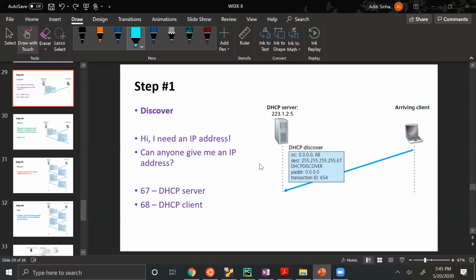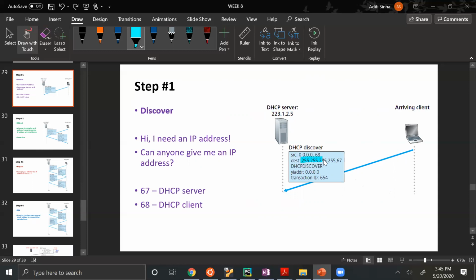In the datagram, in the packet that we will send to the DHCP server as a client, the source IP address will be all zeros because this arriving client does not have an IP address yet. Whereas the destination IP address will be a broadcast IP address, all 255s, since the arriving client does not know the IP address of the DHCP server either. So it doesn't know its own IP address and it also doesn't know the DHCP server's IP address.